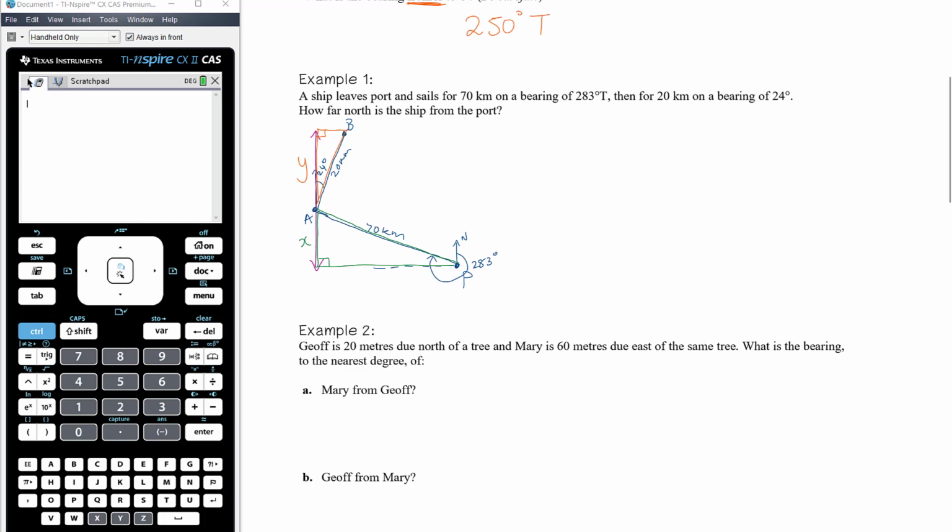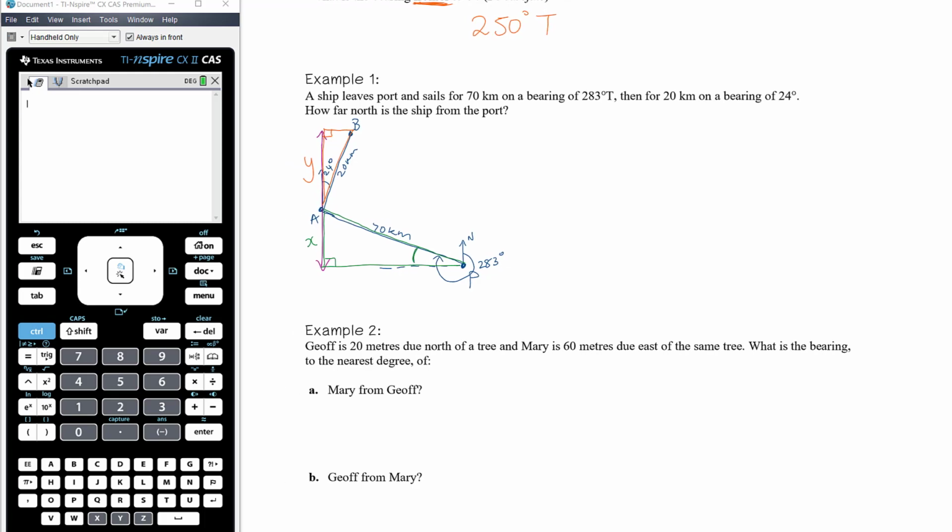Okay, let's focus on the green triangle. We know the total bearing is 283, but from north around to west is 270, so that means this must be an extra 13 degrees in here. And then we've already got the 24 degrees as an angle in the orange triangle. So in the green triangle, x is the opposite side, opposite 13 degrees, and 70 is the hypotenuse, so we're going to need to use sine. So sine of 13 degrees is equal to x over 70, and so x is equal to 70 times sine of 13 degrees, which is approximately